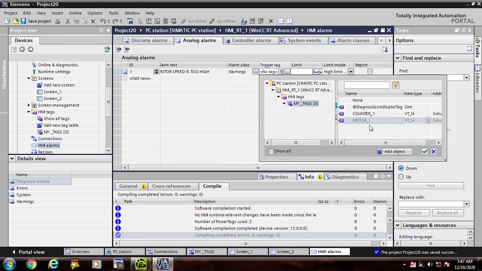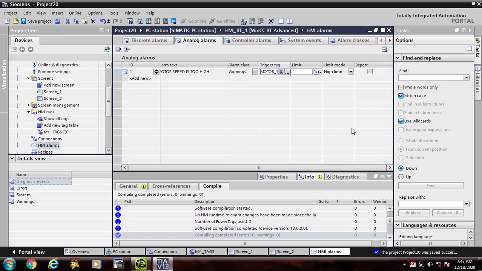When you have connected a speaker with it, it will also announce the sound, which will be audible for everyone. Its limit should be 60, I think. Yes, its higher limit should be 60.